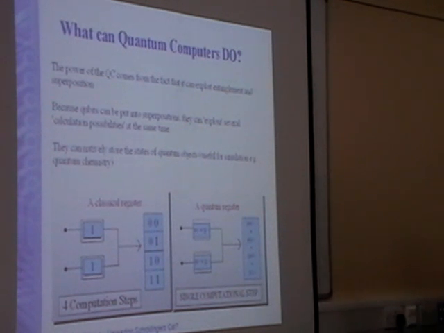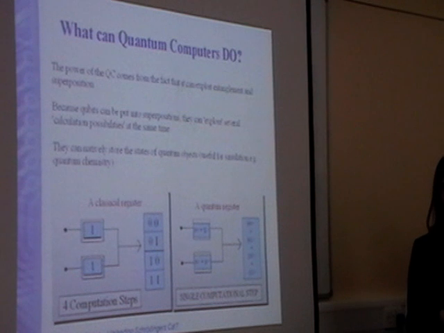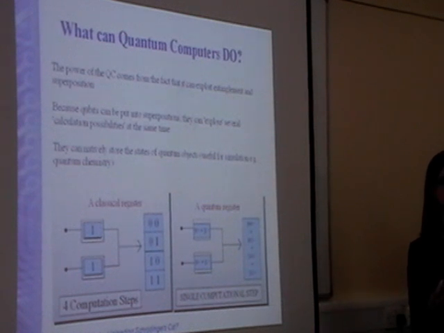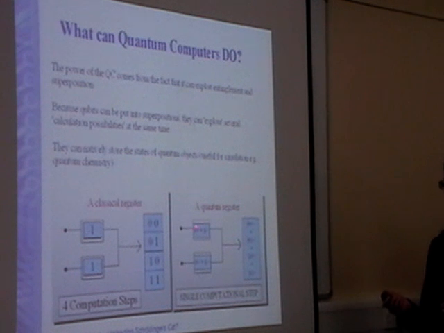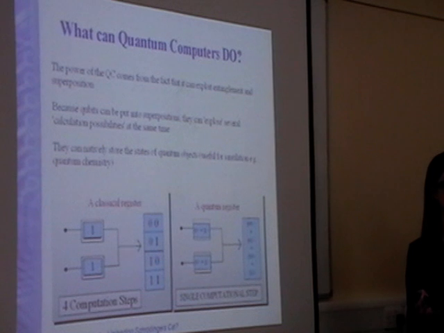The other interesting thing about quantum computers is that they can natively store the states of quantum objects. So if you're trying to model a system of some spins on a molecule or something, those spins are naturally quantum objects. So you can model their quantum states using qubits very naturally. If you try and model the quantum states using a digital computer, you have to do things like solving the Schrödinger equation, using all kinds of